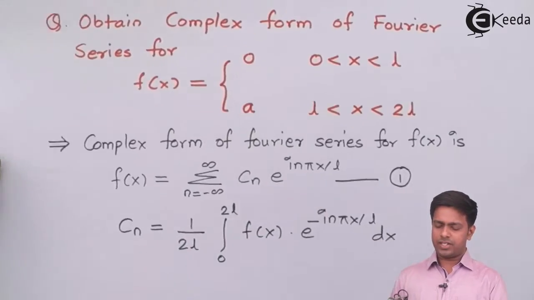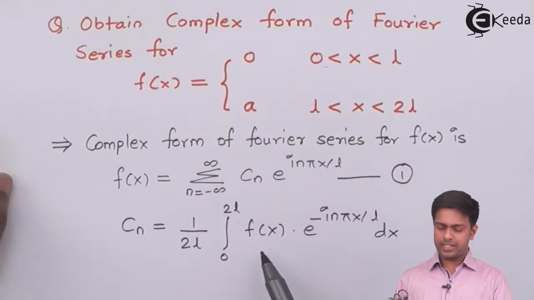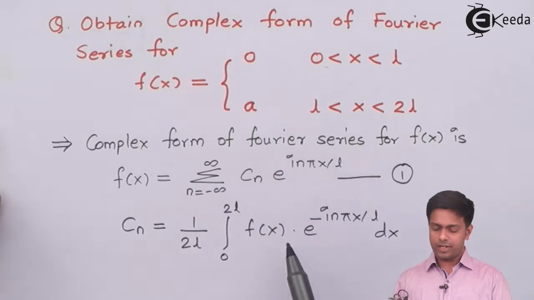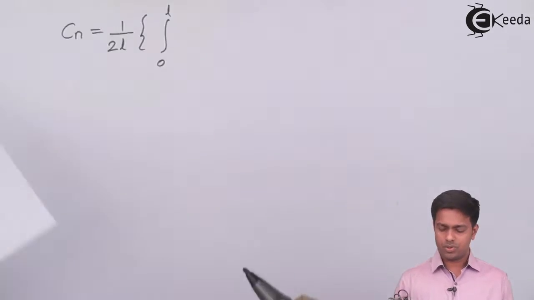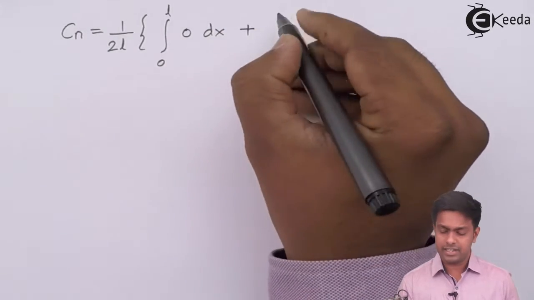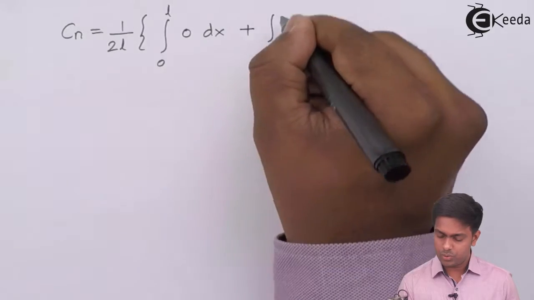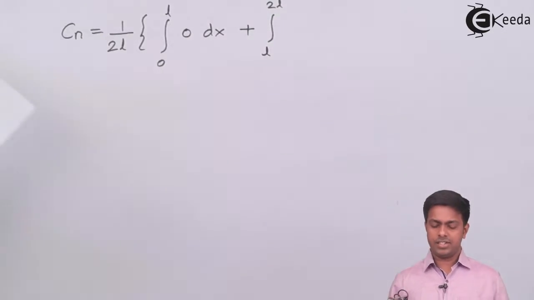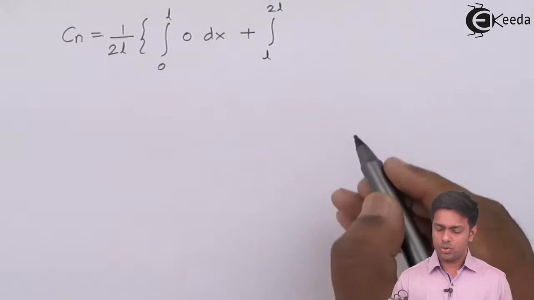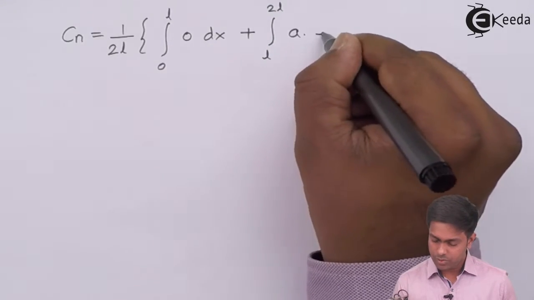Now guys, in the first range 0 to L, the value of f of x is 0. So it means if we put 0 here, we'll get 0 into this, that is 0. So I'll be writing 0 times e to the power negative i n pi x by L dx. Plus the second range is L to 2L. And in this range, the value of f of x is a. So I'll be getting a into e to the power